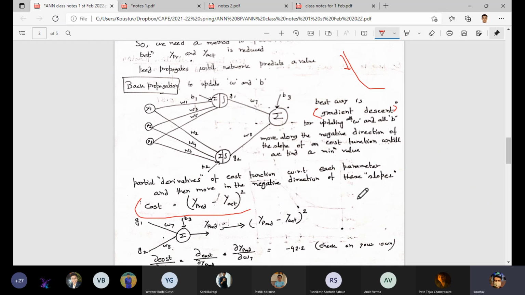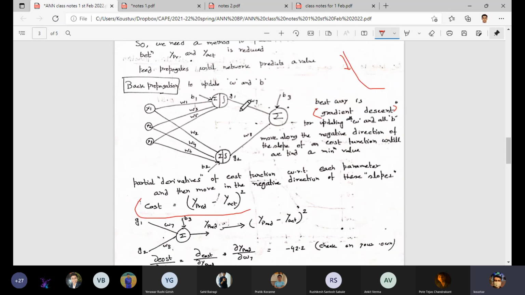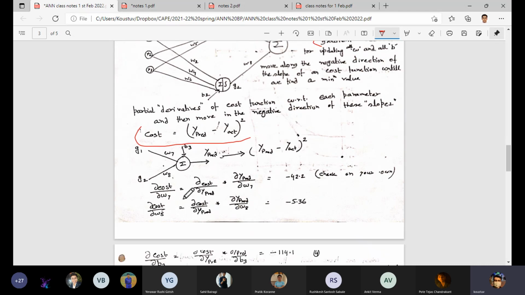Derivative with respect to what? The major point is that it is the derivative with respect to the weights. Now, weights of just W7 and W8, because they are associated with the output layer? No, all the weights and biases. So how many do you have? 8 weights and 3 biases, so 11. With respect to all these 11 parameters, you have to calculate the derivatives or slopes.